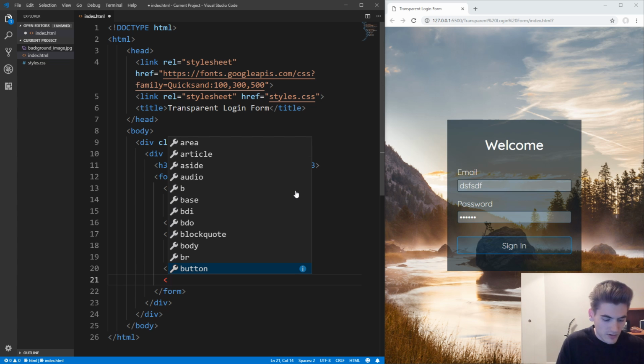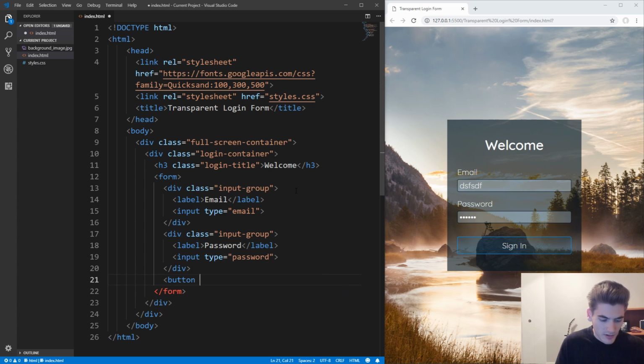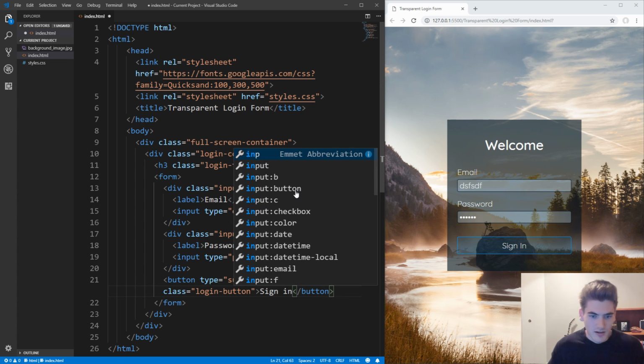So we'll just go in here, we'll add a button. I'm going to give it the type of submit so that our page knows it's a submit button. I'm going to give it a class of login button so we can style it later. And then inside that button, we'll just put the text sign in. And now we can just open that up using live server,